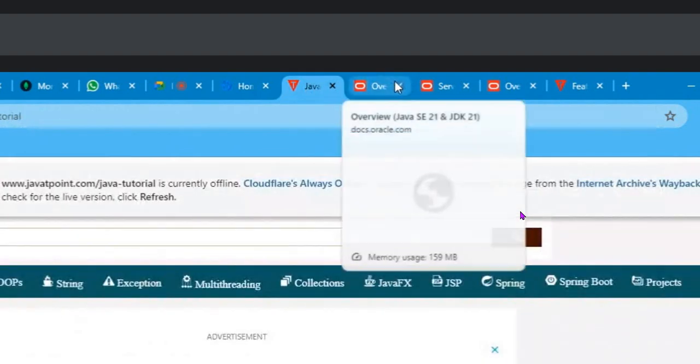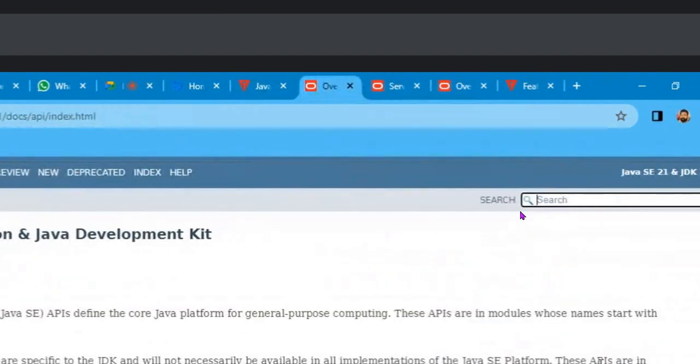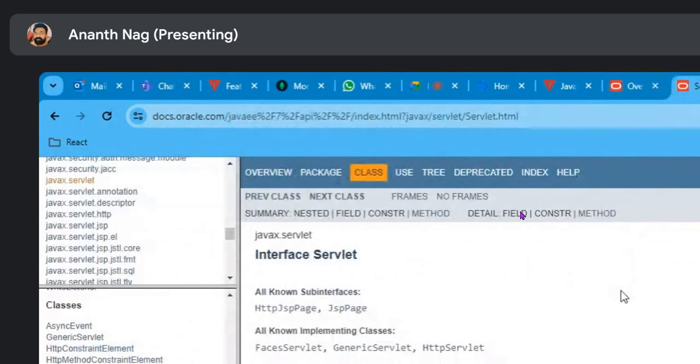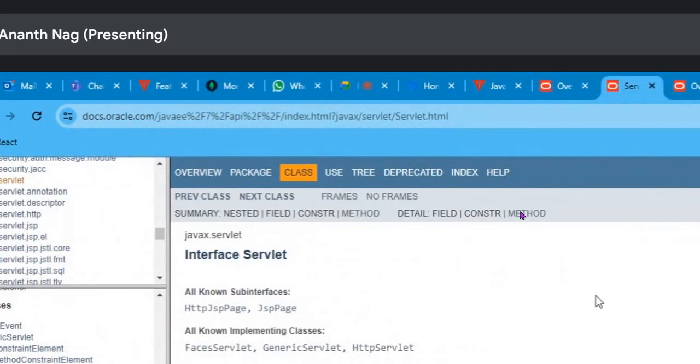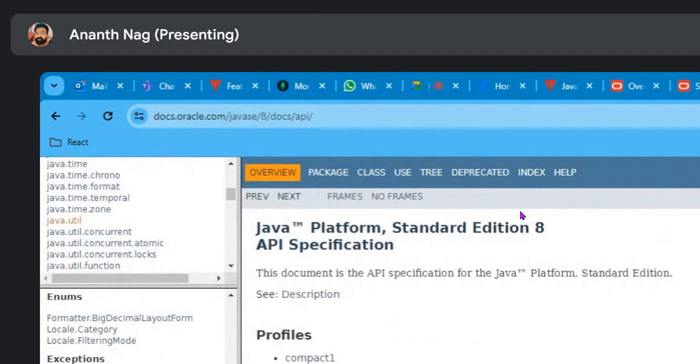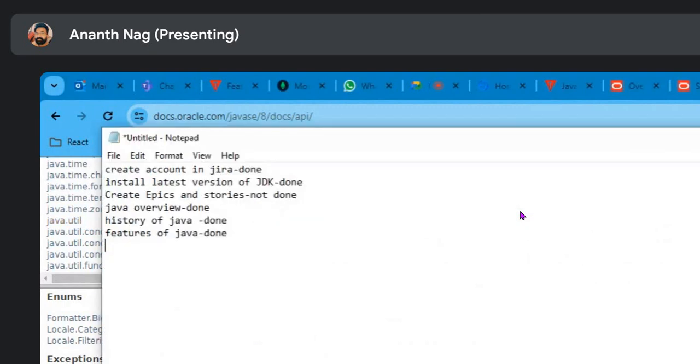In the frame format. One second. This is servlet. Yeah, this is J2EE, and the next one is J2SE. One more tab. It is J2SE. So this is very important before you go for programming. Any 10 packages you can search in Google. Say 10 important packages in J2SE and 10 important packages in J2EE.